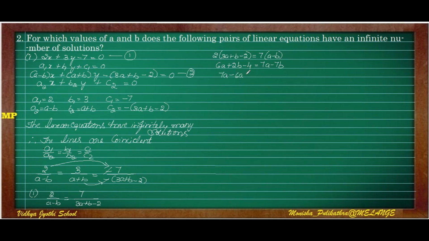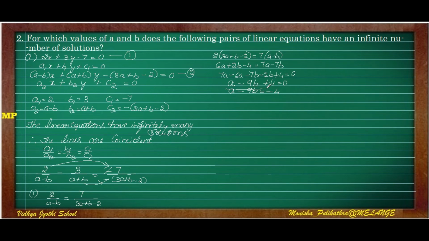So it is minus 6a minus 7b as it is, shifting plus 2b this side, it is minus 2b, and minus 4 this side, that is plus 4 is equal to 0. 7a minus 6a is a, minus 7b minus 2b is minus 9b, plus 4 is equal to 0. Okay, so this is the equation, and I will write it in the form of a minus 9b is equal to minus 4, because it has to become an equation form, right?